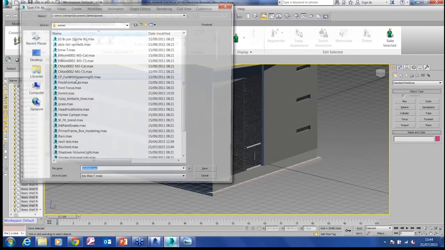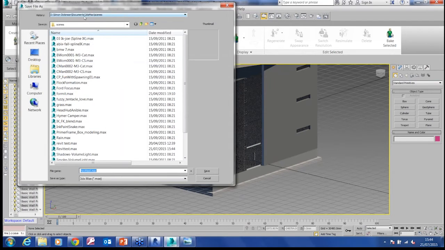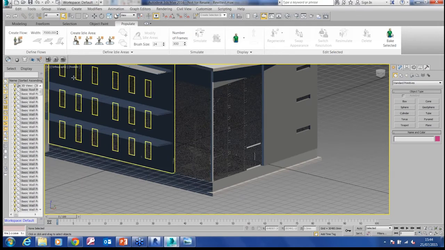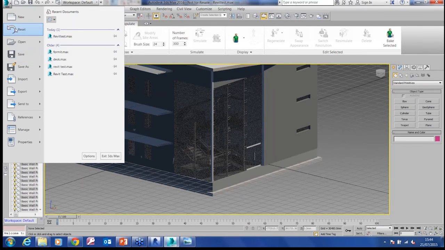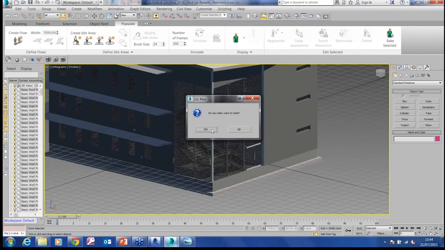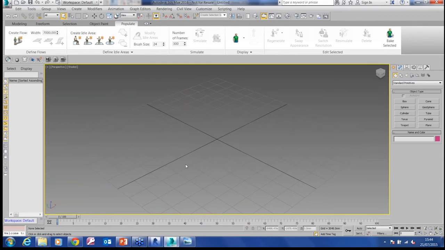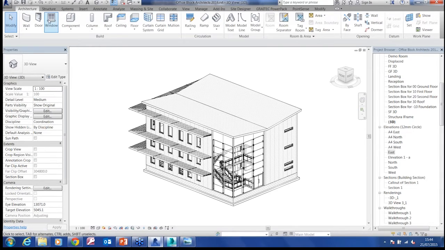In fact, let's just do a save as and save that somewhere. Where have I saved it? 3ds Max scenes. Okay. Make sure I know which folder I've put it in. I'm going to reset that. Okay, so now what I'm going to do is come back into here and